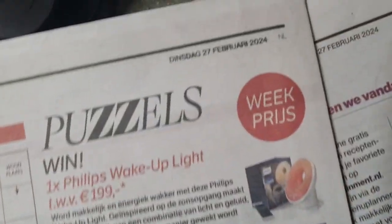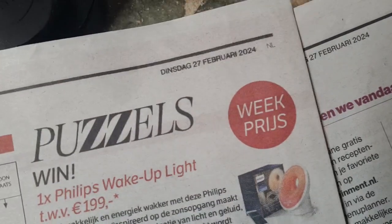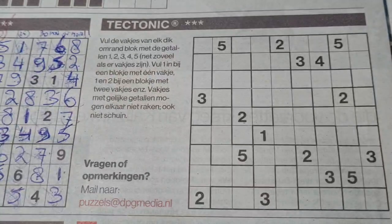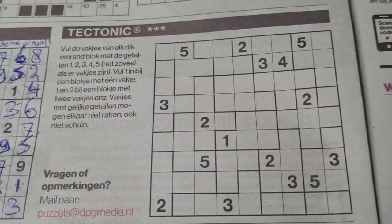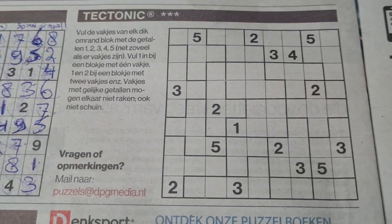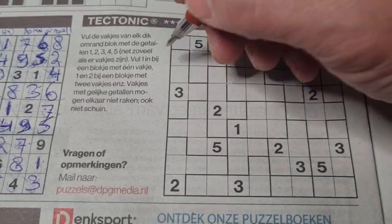In today's newspaper of Tuesday, February the 27th, 2024, in this newspaper we have also an additional with extra puzzles, 7 extra puzzles. 4 of them I will solve in the evening. But first, let me continue with this regular puzzle, the tectonic, aka Jigsaw Sudoku, number